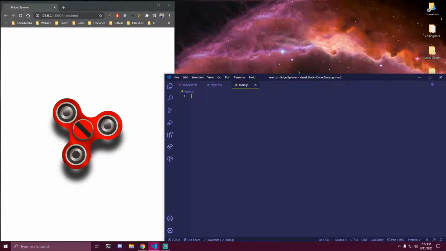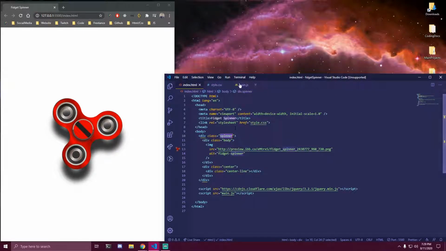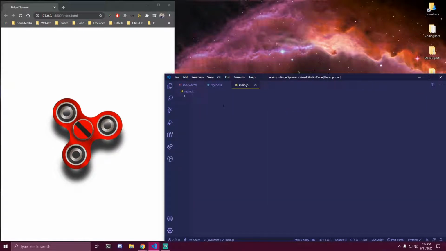So it doesn't have any animation yet because this class doesn't exist, like I said, and we're going to be adding it through jQuery. So the first thing we want to target here is our div with a class of spinner. So if we go to jQuery or JavaScript, we can do spinner here because it's a class. We're going to do .spinner. On mouse enter, we're going to pass in a function,